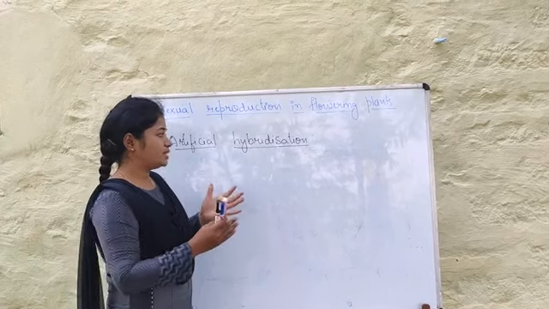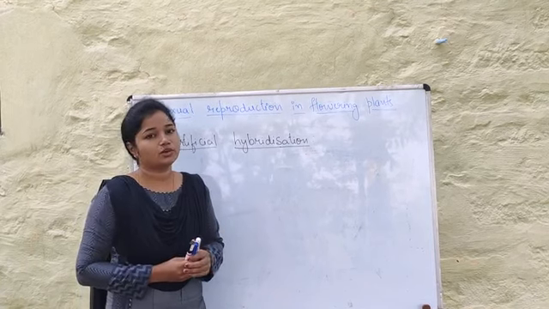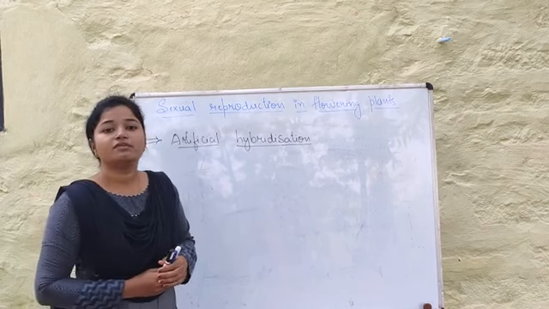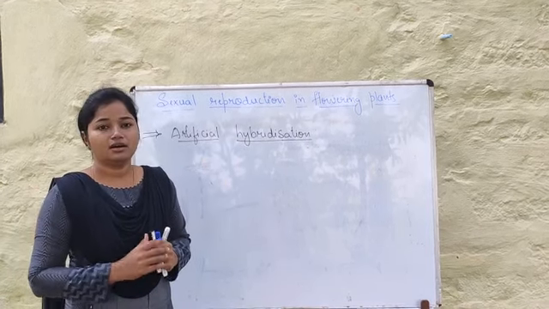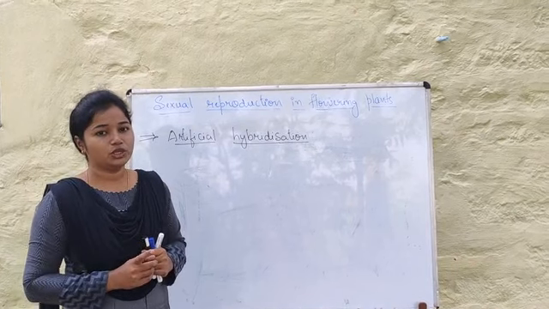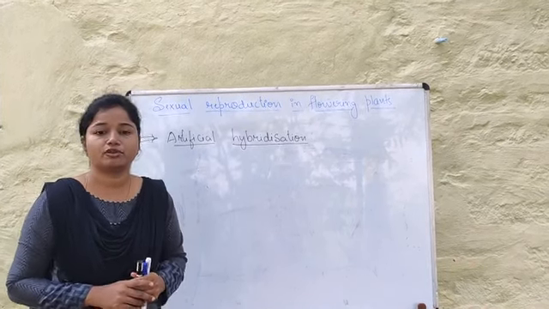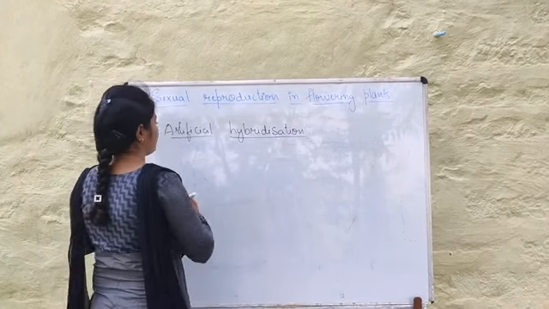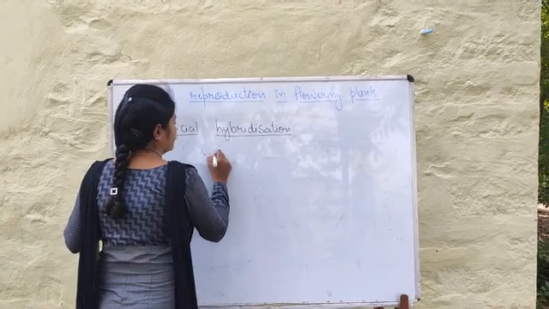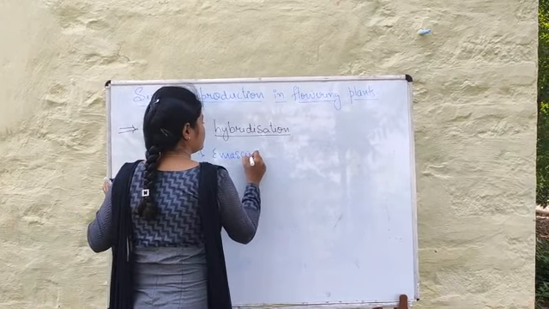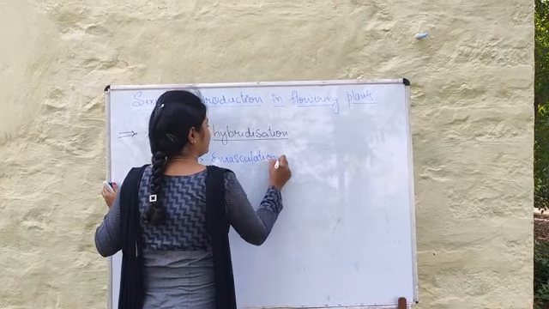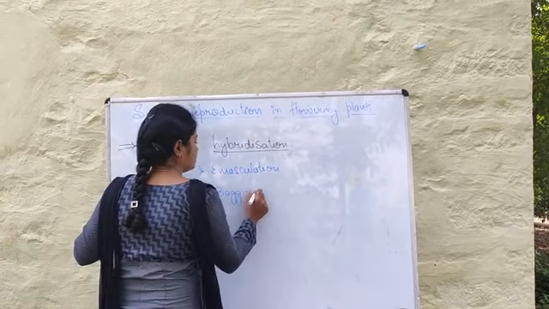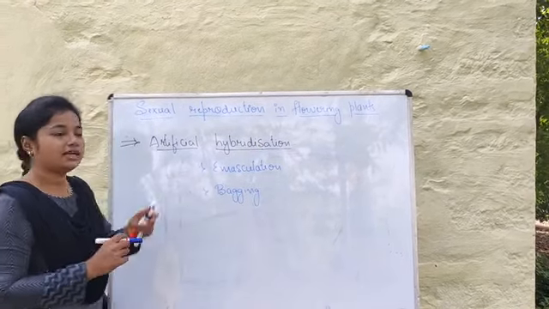So this is an experiment, or a mechanism, which involves cross experiments. In this cross experiment we have to make sure that only the desired pollen grains are used, and the stigma has to be protected from contamination. This process mainly involves two techniques. The first one is emasculation, and the second one is bagging. These are the two techniques involved in artificial hybridization.